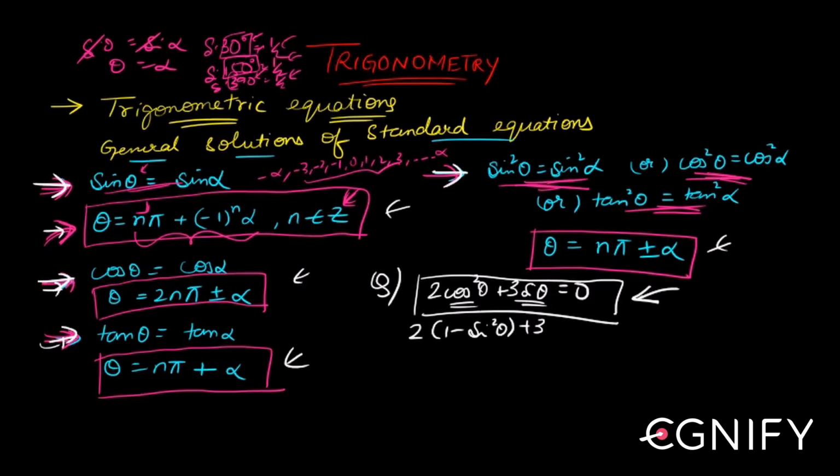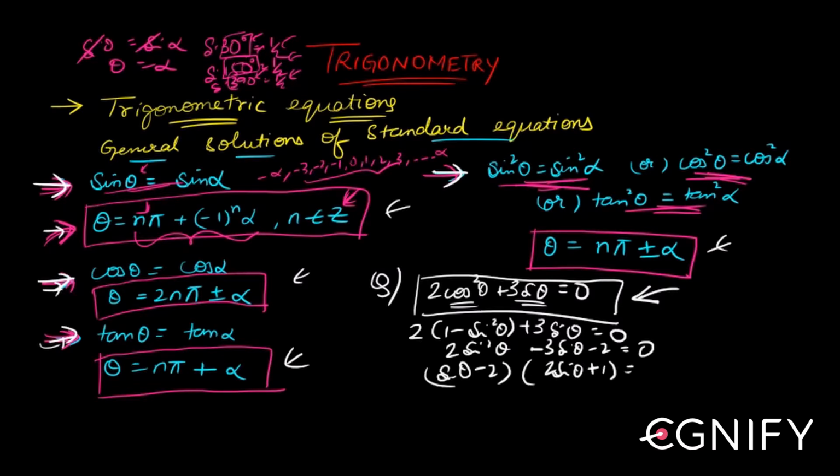So I have to make sure that it comes to one of these forms. So 2 into 1 minus sin square theta plus 3 sin theta is equal to 0 can be written. Then if you rearrange and form a quadratic in sin theta, what you'll get is 2 sin square theta minus 3 sin theta minus 2 equal to 0. And then, when you take two terms common, you have sin theta minus 2 into 2 sin theta plus 1